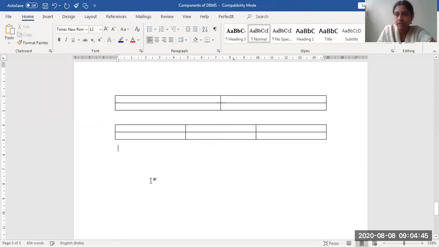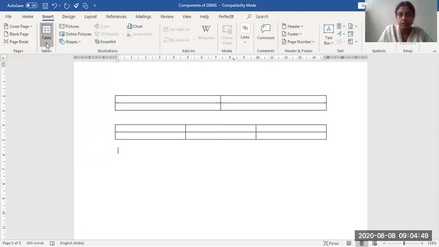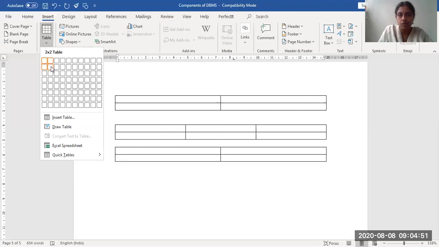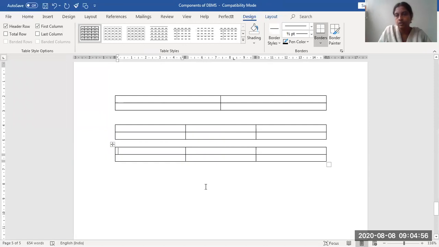Once again, I am telling, go to the Insert option, Table, and select how many rows you need and how many columns you need, depending upon your requirement, select it and place it. Okay, this is about your table option. Here I can write, and I can adjust the size also. It's not that it is fixed. See, I can make this small and bring it here like this.